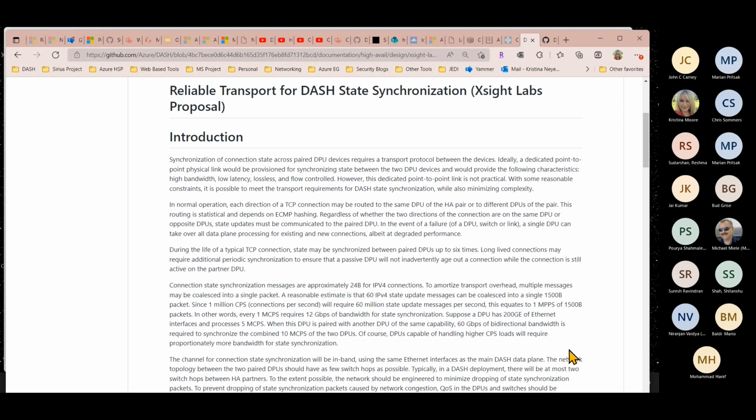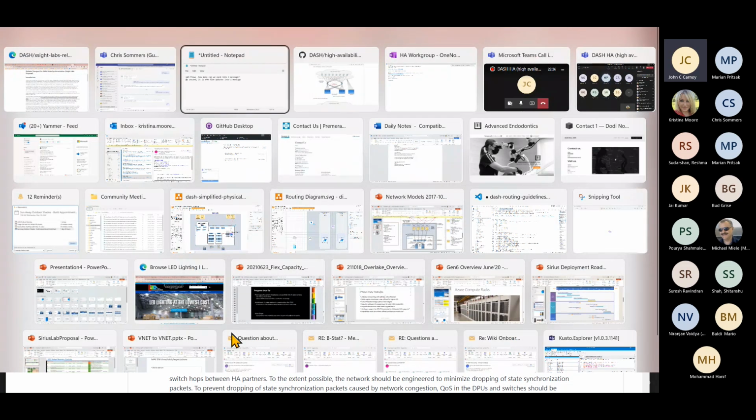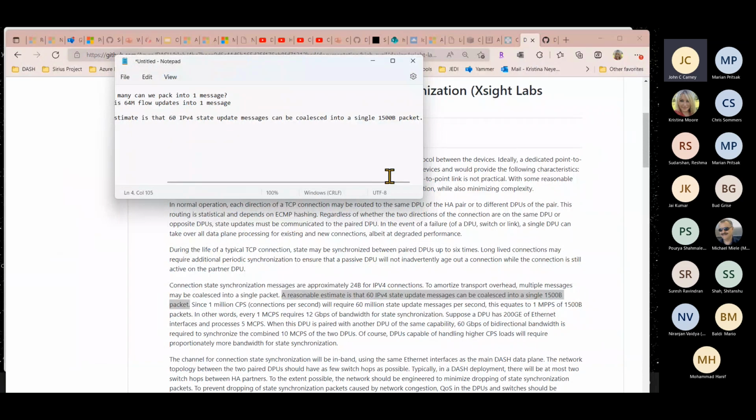Roughly 1 million PPS for periodic updates. Okay, but are you doing, in addition to periodic updates,